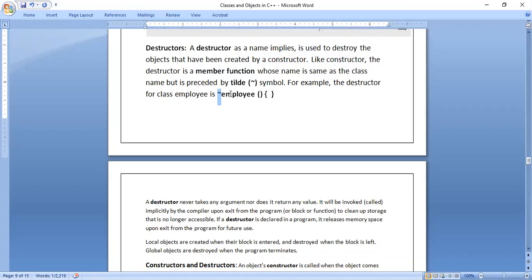This is called the tilde symbol. It is like the negation symbol in mathematics. In mathematics we have a concept called negation, and negation means opposite. So this symbol we have to use for a destructor. If the class name is employee, the destructor name will also be employee, with the tilde. Say, for example, if we consider